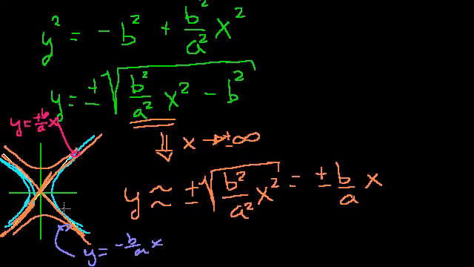But we still have to figure out whether the hyperbola opens up to the left and right, or does it open up and down? And there, at least, there's two ways to kind of do this. One, you see, well, this was an approximation. This is what you approach as x approaches infinity. But we see here that even when x approaches infinity, we're always going to be a little bit smaller than that number, because we're subtracting a positive number from this, right? We're subtracting a positive number, and then we're taking a square root of the whole thing. So we're always going to be a little bit lower than the asymptote, especially when we're in kind of the